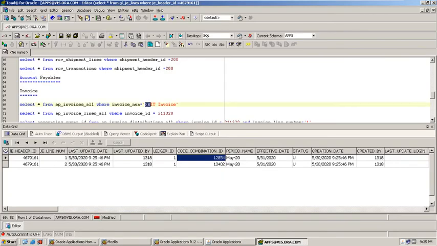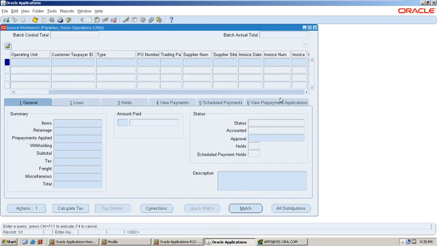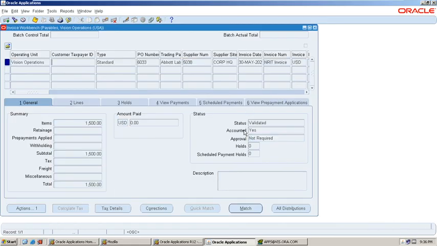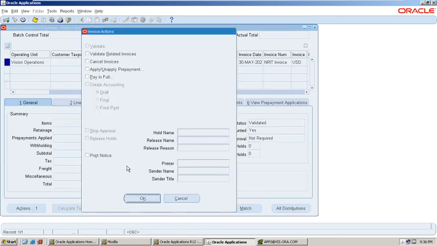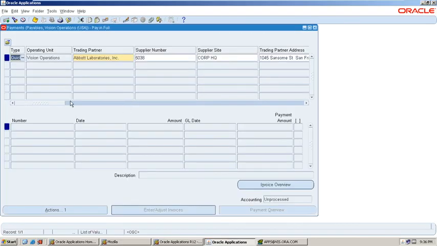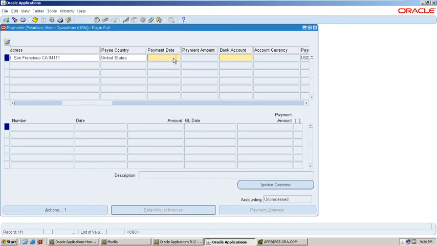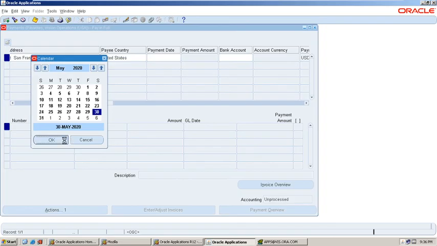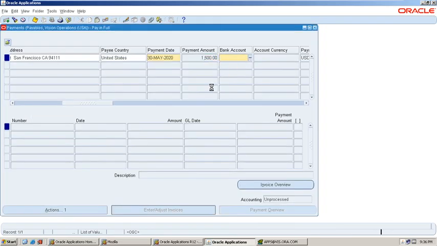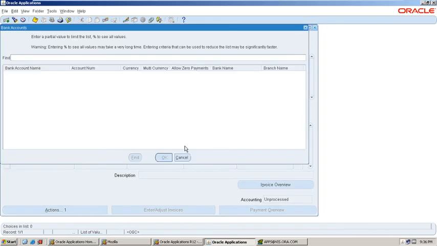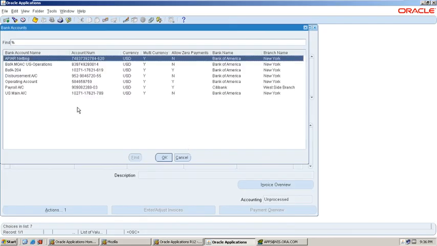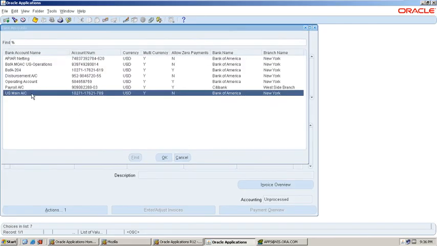What is the invoice number? NRIT invoice. Actions, pay in full. This is done. Payment date. Bank account. US main account.